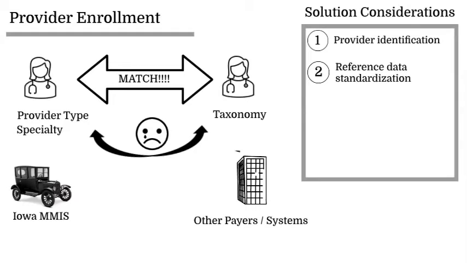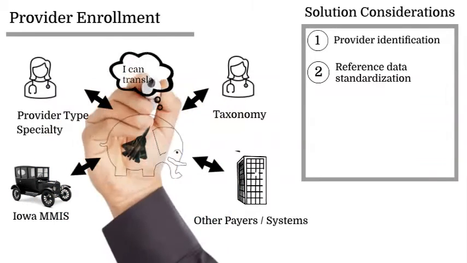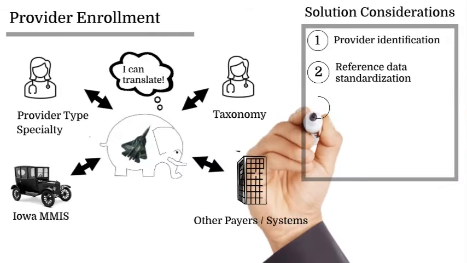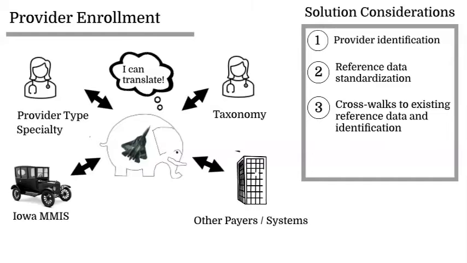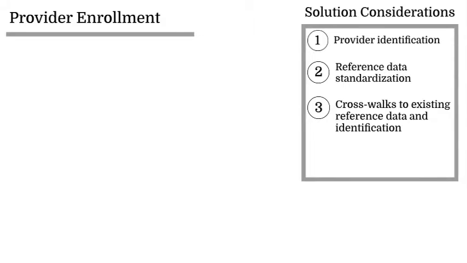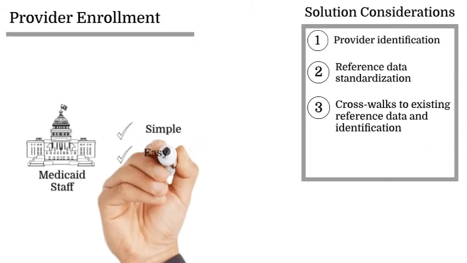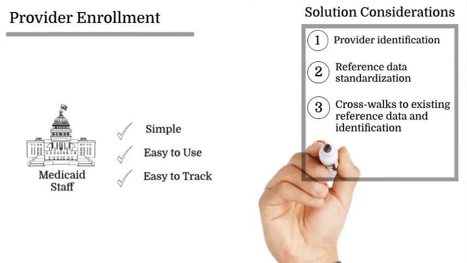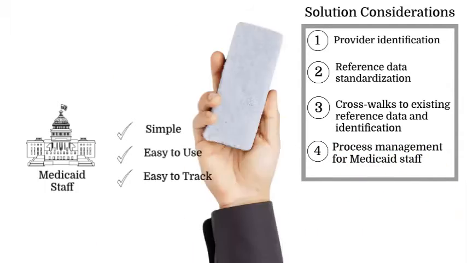We anticipate both of these standardization activities to require coordination and crosswalking back to our existing data to ensure we don't negatively impact business continuity on our existing systems. Our analysis indicates it will be unlikely we can easily change reference data values in the current state systems without refactoring those systems. Lastly, in the cases in which staff intervention is required, a clear, easy-to-use, and easy-to-track process is needed to ensure staff can manage their enrollment workload and quickly take action to complete any manual steps required.